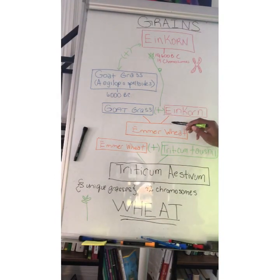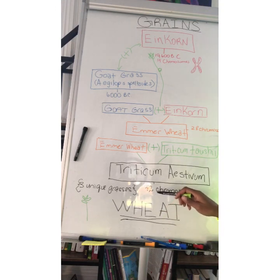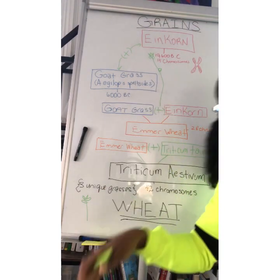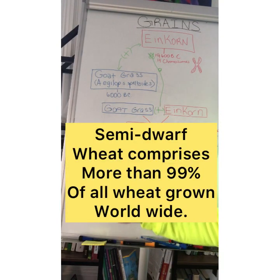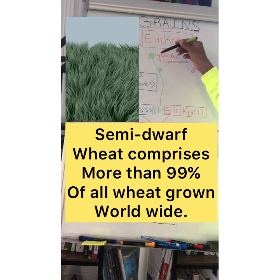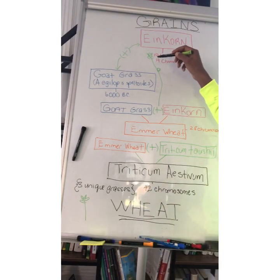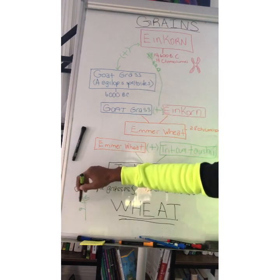Einkorn and Emmer's wheat are thousands of genes apart from what we now know as wheat. And the issue with that is the original grains had these long, beautiful stems, which you could kind of see in the movie. You see the nice long stems, all of the grasses. Now we're left with this kind of dwarf-like grass. And that is the problem, because the grains that you're getting are the seeds of grasses. In the original einkorn and Emmer's wheat, the seeds clung very, very tightly to the stem. But in the modern wheat, the seeds depart from the stems very easily because of certain